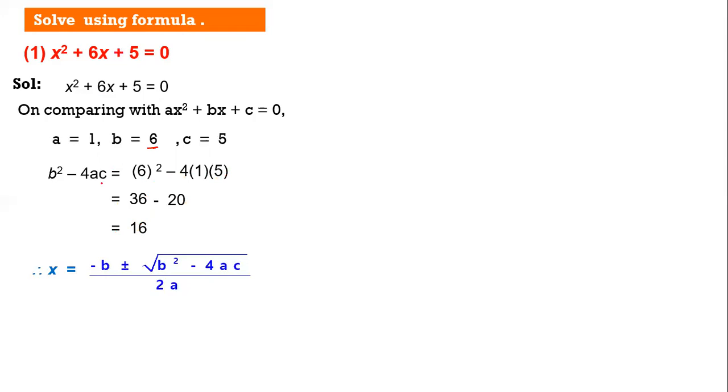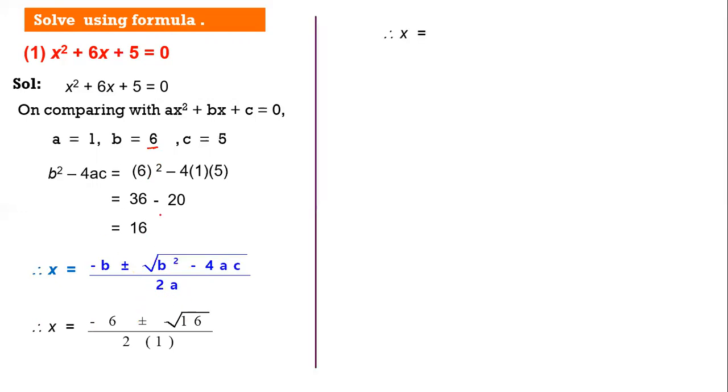Now there are many reasons why we are solving it before using the formula, but there is no harm if you directly substitute the values of a, b and c without finding out b square minus 4ac. Now students, so let us solve it ahead. Be very careful. Minus will be minus, b is 6, so we have substituted 6, plus minus as it is, root of b square minus 4 is 16. And upon 2a will be 2 into 1.